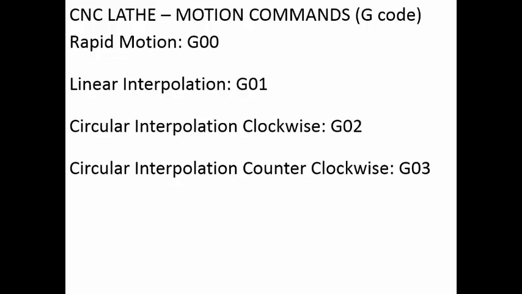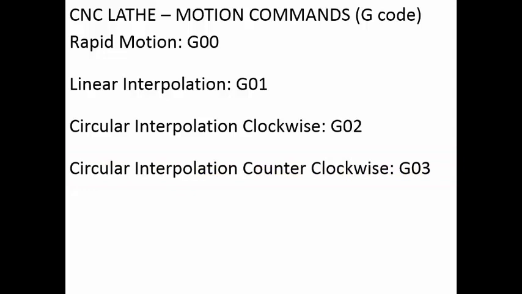Usually two numbers are used to specify the command to get the required type of motion. Each command will have certain inputs that are required, and based on the inputs it is going to execute the block that is written as a part of the program. So G01 is for the linear motion, G02 is for the circular motion in the clockwise direction, G03 is the circular motion in the counterclockwise direction.